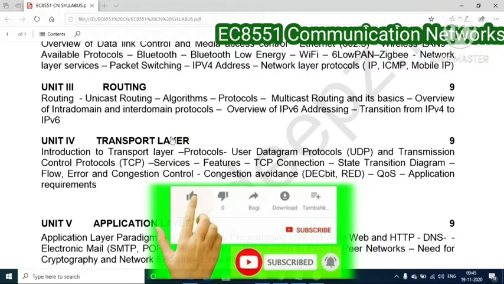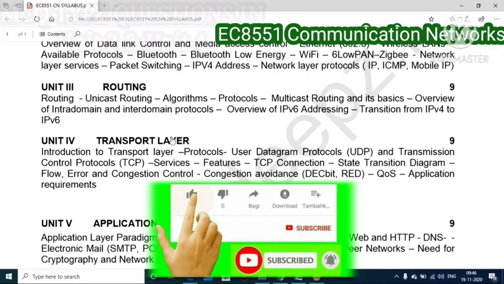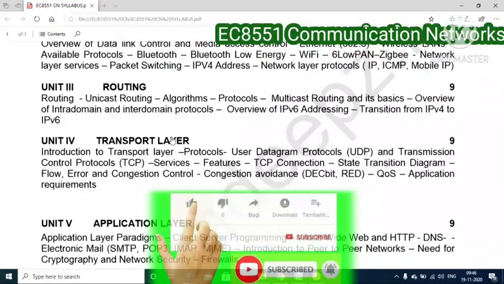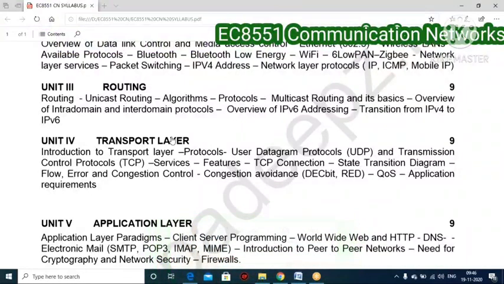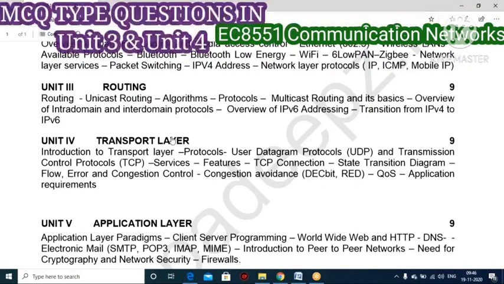Okay, so what are the questions we expected from each topic? Right, let us discuss this section. First thing, in routing, you should know about the classification of routing. So what is routing, what are the different types of routing, then classification of routing, and what are the protocols we use in routing, and what are the algorithms used here. Once you know this concept, definitely you can answer any objective type questions, either in GATE questions or in our university patterns, that is non-university examination, right?